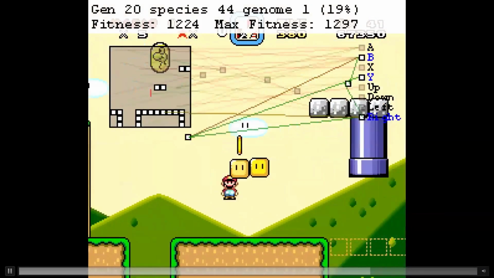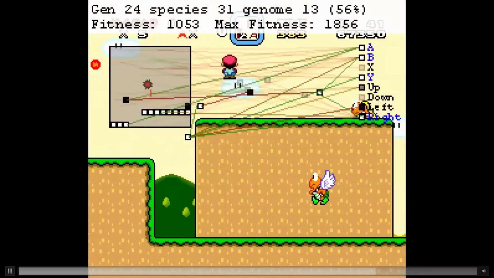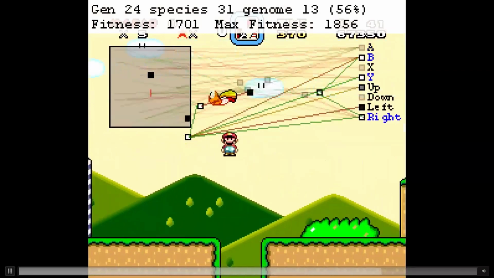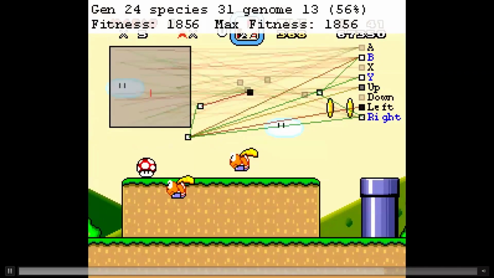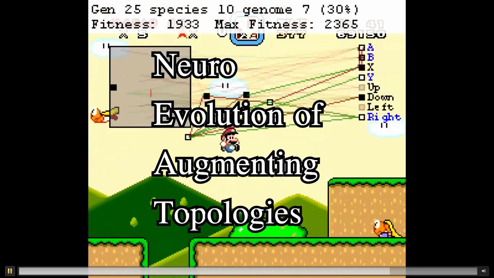And though we don't yet have enough computational resources to produce something on the level of a human brain this way, it's kind of neat to see what it can do on one of my favorite games. I didn't come up with this idea on my own. This algorithm is called NEAT, which stands for Neuroevolution of Augmenting Topologies.